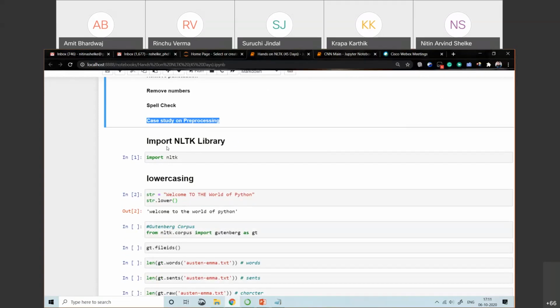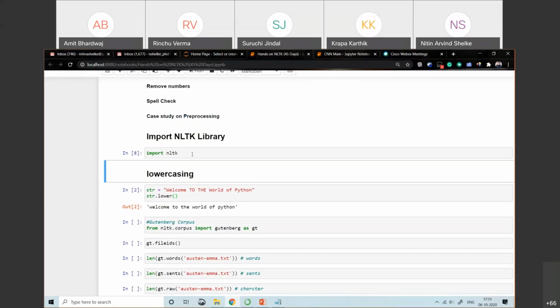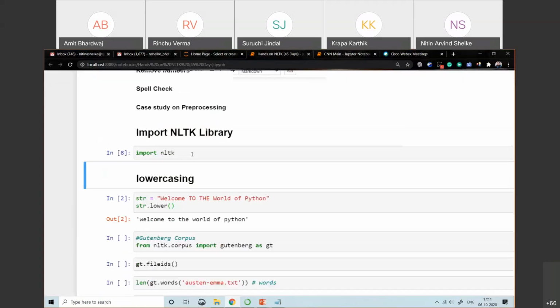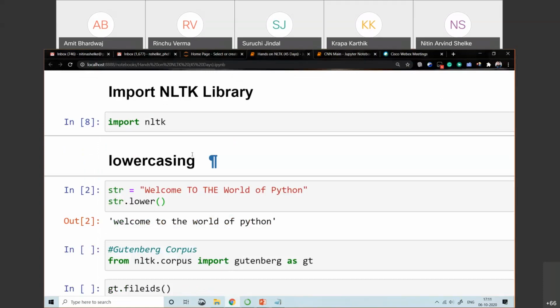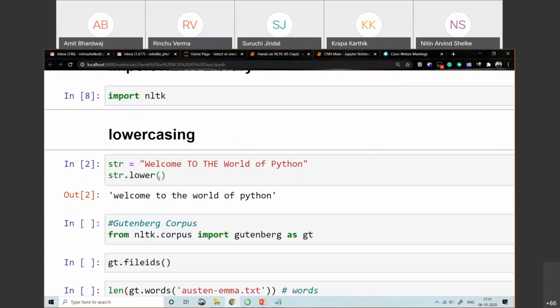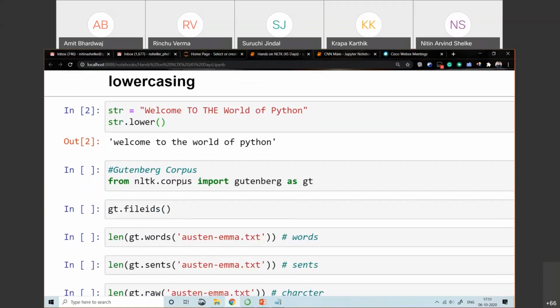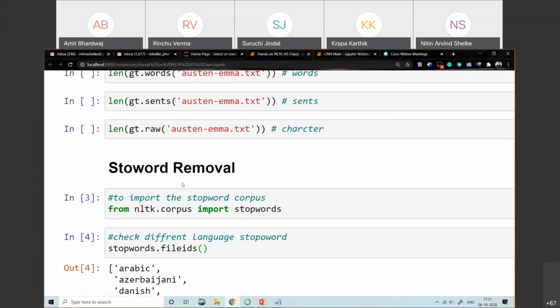In the last-to-last class we included the NLTK library by writing import nltk. For lowercasing we use the dot lower method. Then we discussed stop word removal, that is, the high-frequency words present in your document.